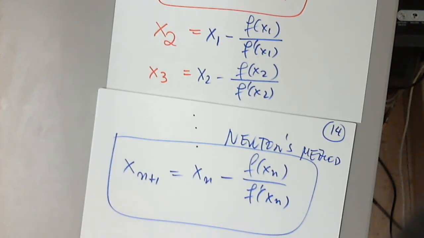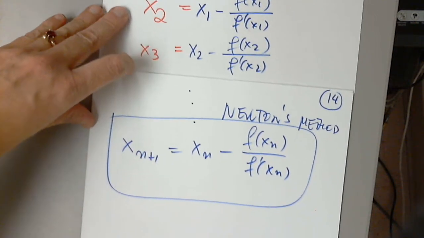Newton's method. How did we get this? Setting equal to slopes. It was brilliant. They didn't have calculators. That's how they did it. That's how they found solutions. Okay, so then,